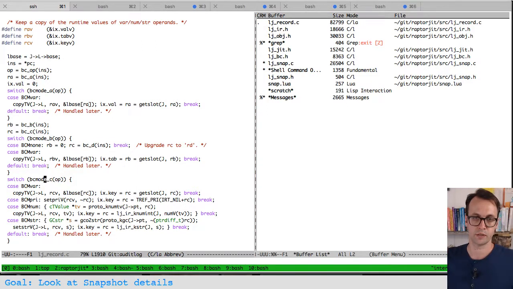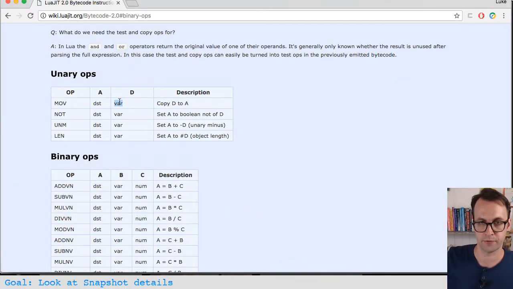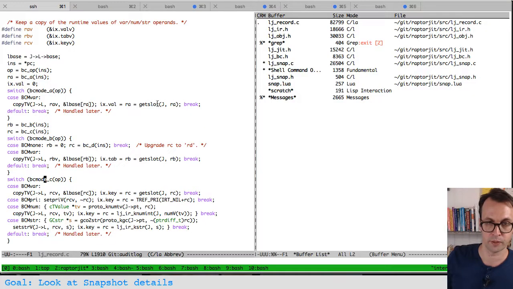So what kind of operand is operand C for this instruction? If we hop back here, it's a var. Oh no, it's D though in this case anyway. Okay, so the move, it's going to upgrade it. I think. Yeah, there's no B, so it'll take the RC and